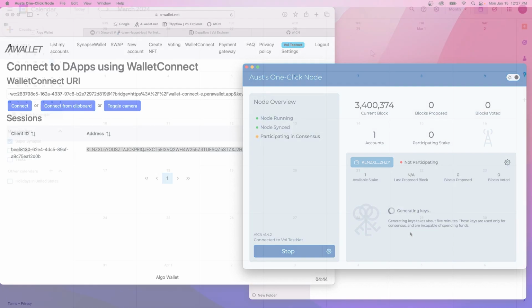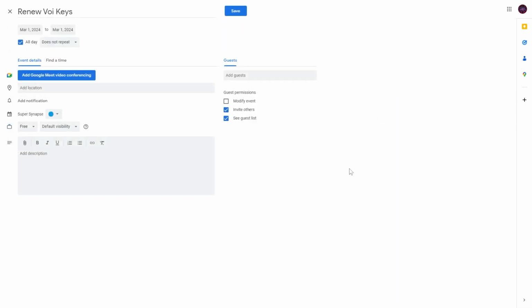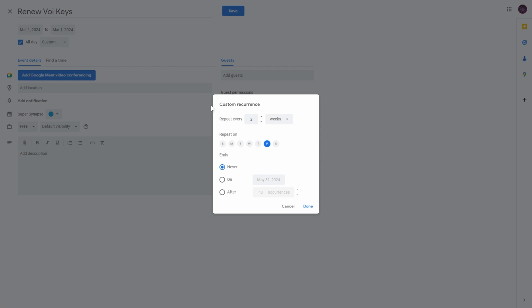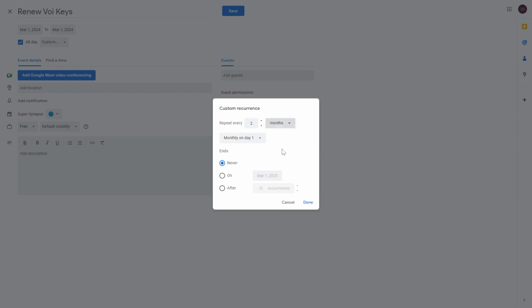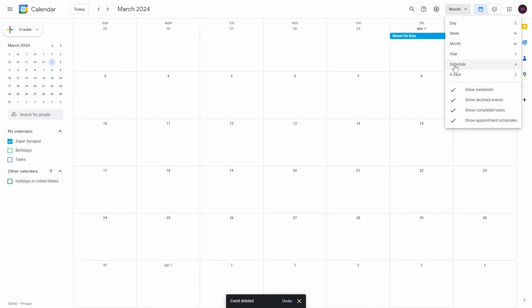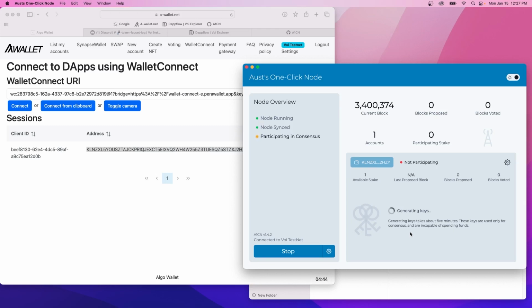While we wait, use this opportunity to set a calendar reminder. You will need to regenerate these keys every 2 million blocks, which equates to roughly 2.5 months. I'll be setting my calendar to remind me every 2 months to come back and regenerate my Voi keys. When the time comes, you can find this option behind the gear icon at the middle right side of the